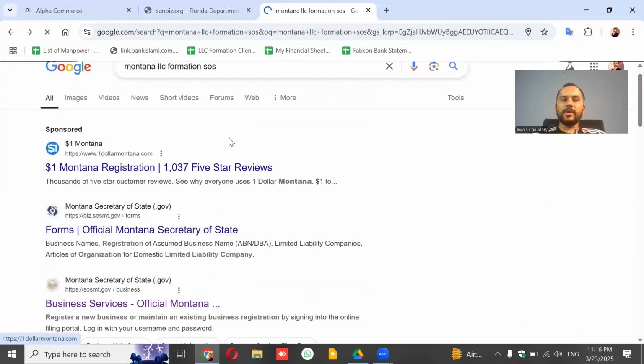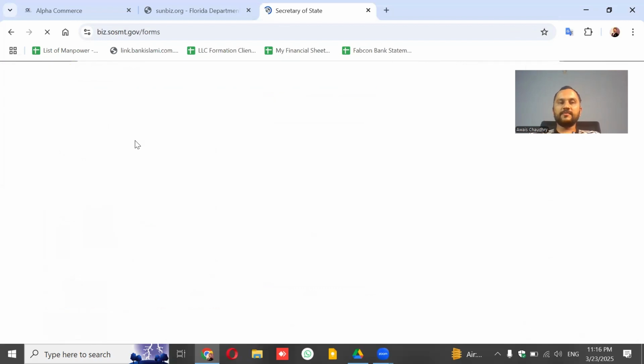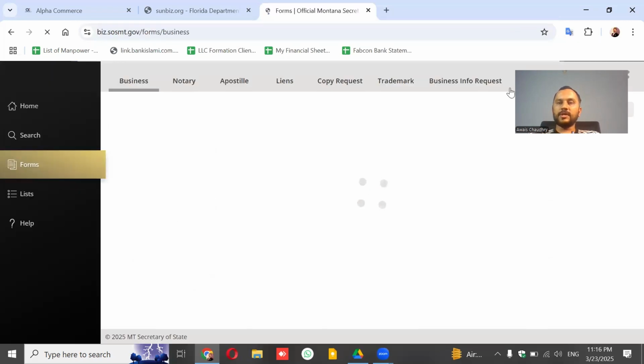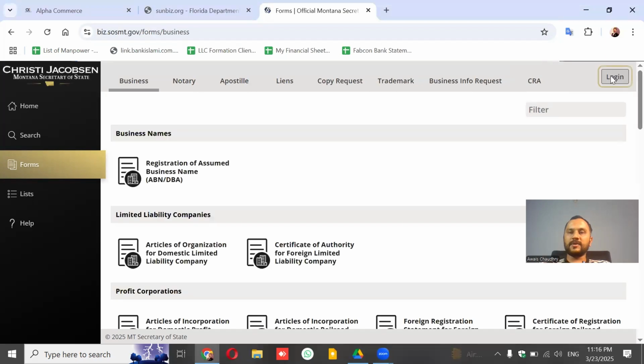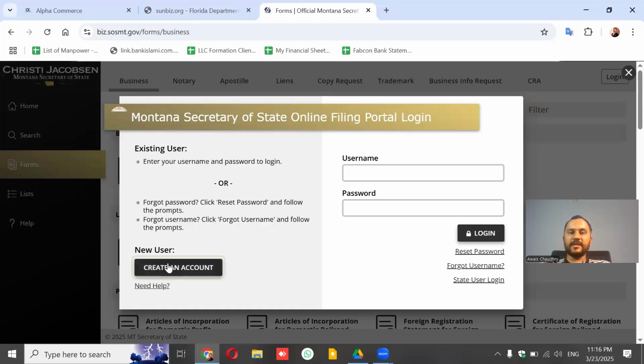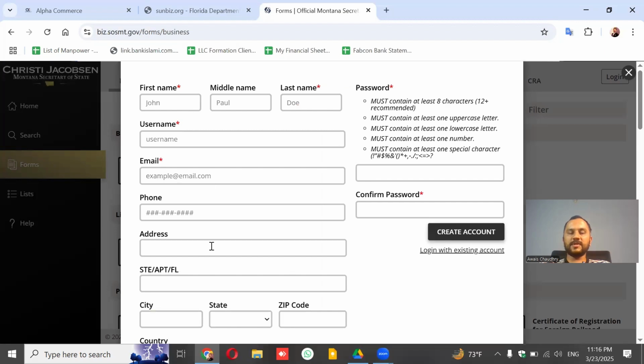So you will be going to their website, and after going to their website, there will be an option to log in or to create an ID. After clicking login, they are giving an option of create an account. You will be giving your information, and after giving information, you will be creating your account. And after the account is created, you can file your LLC with them. All the states work the same like that. There can be a difference in the interface of the website, but the main thing is LLC filing, which is almost the same on all state websites.